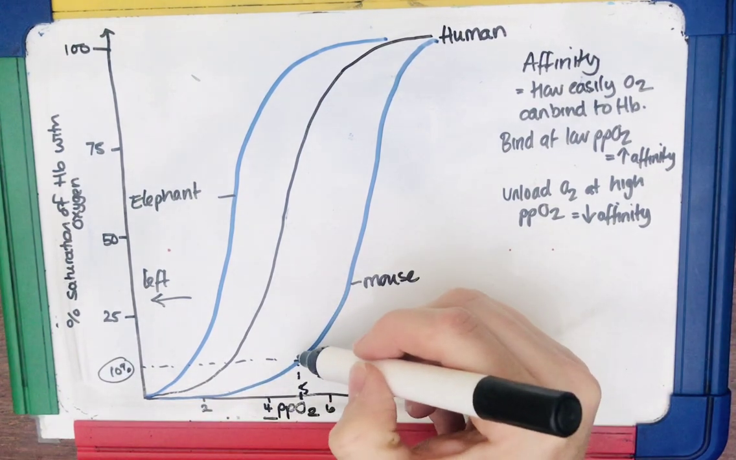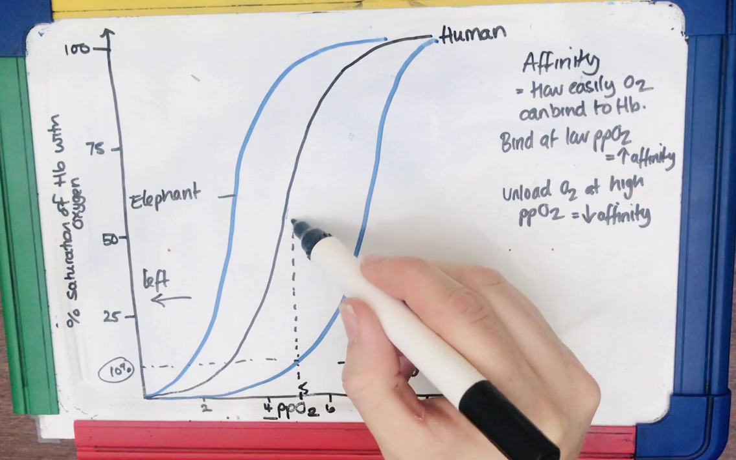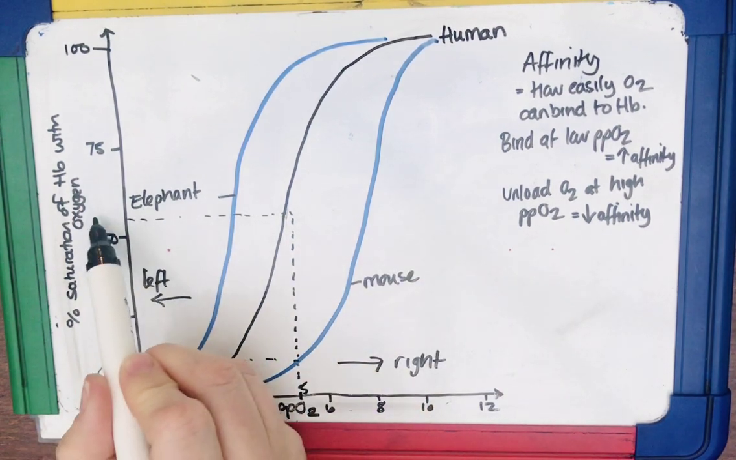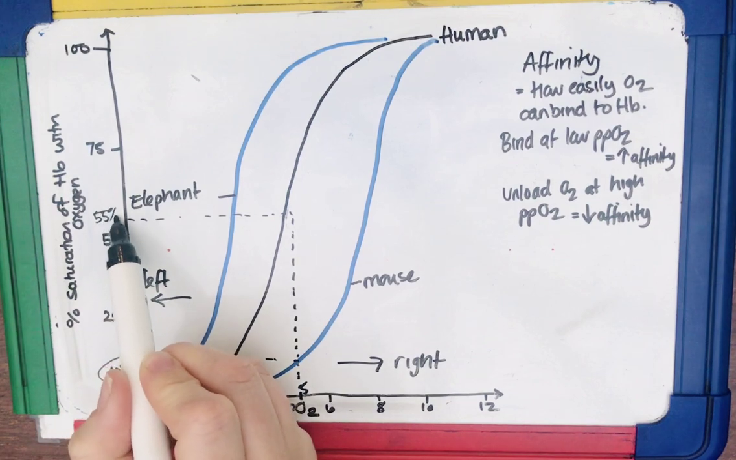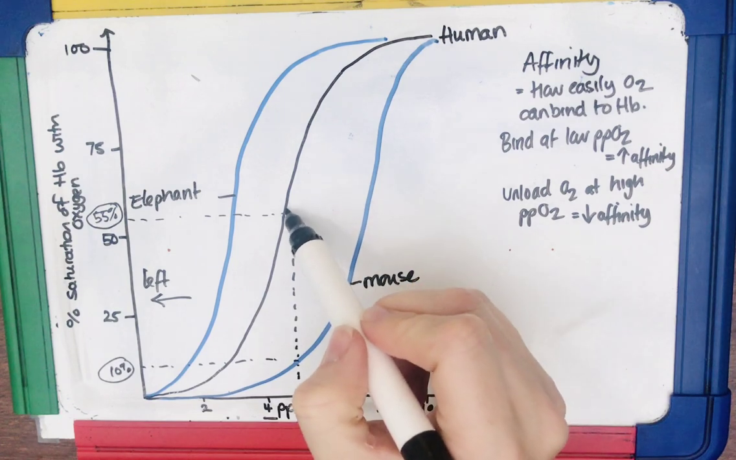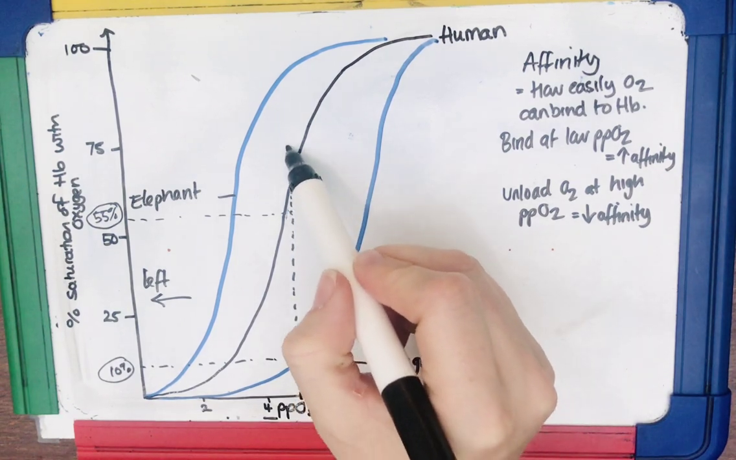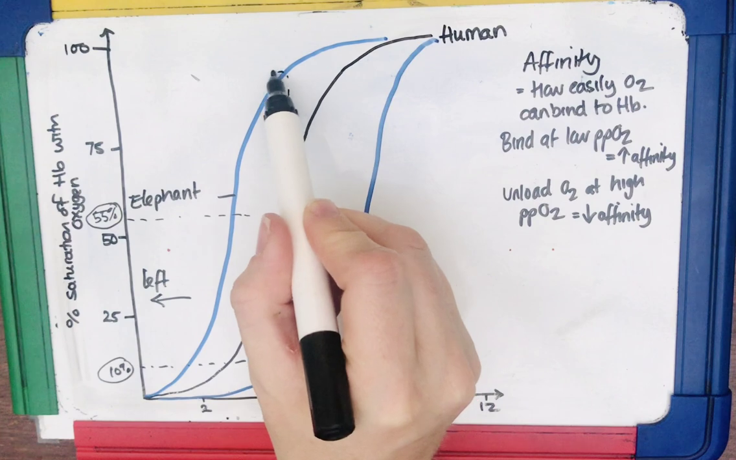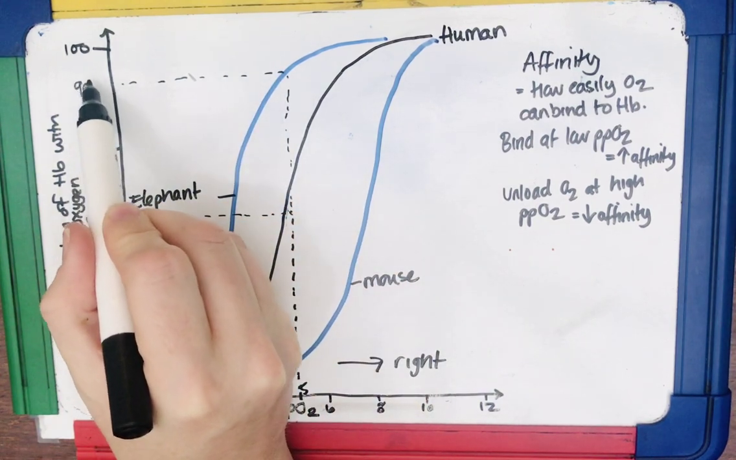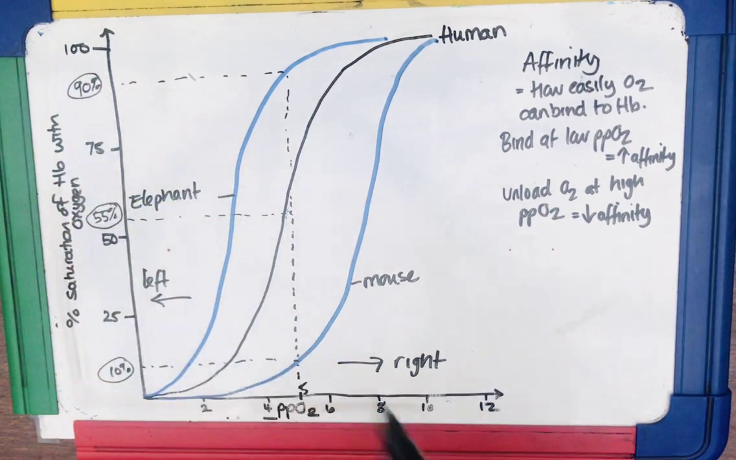Okay, if we have a look how saturated the human haemoglobin is, it's about 55% saturated. Obviously we're estimating these. And if we follow that up to the elephant, it's about 90% saturated. So at the same partial pressures of oxygen,